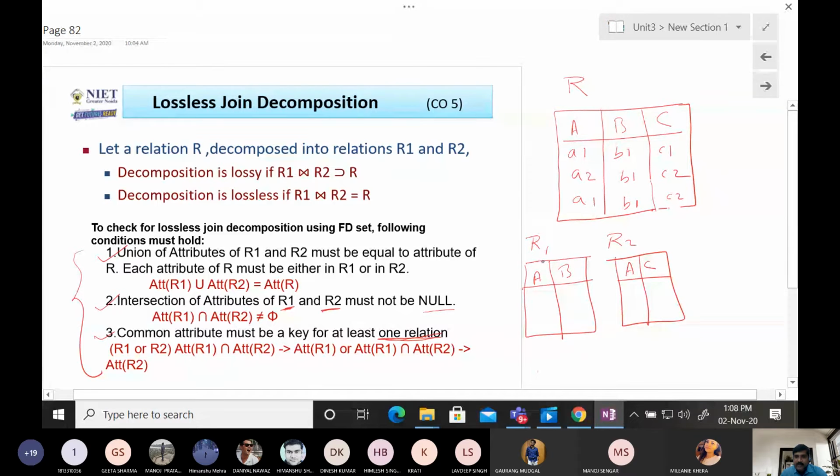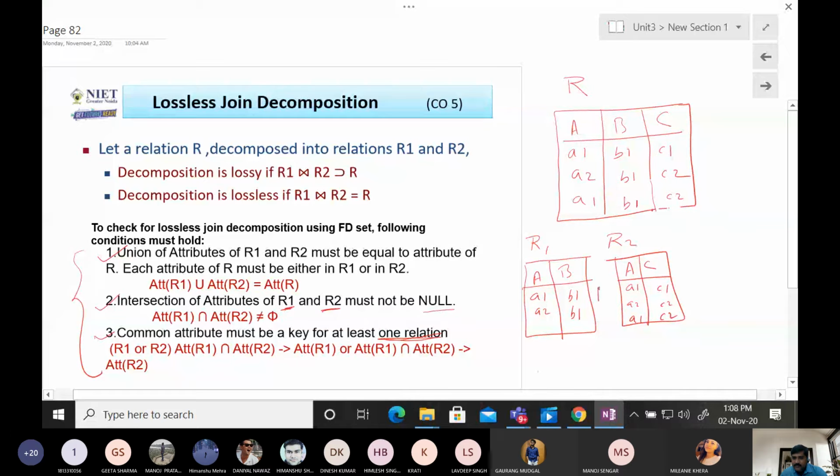Now in R1 table, we will have A1, B1, A2, B1, and there is no need to store A1, B1 again. This is not allowed in the relation. Did you get it? Yes, sir. Now in AC, A1, C1, A2, C2, and A1, C2. All are different tuples. Then here we will keep all the three tuples.